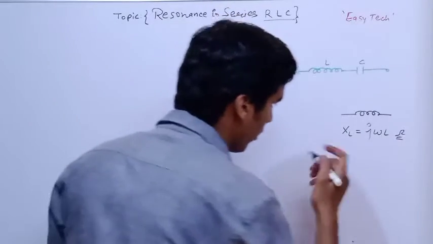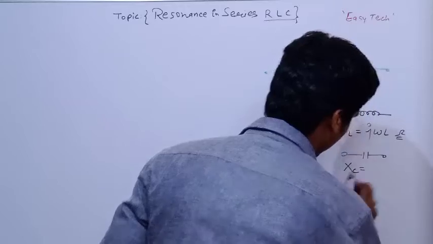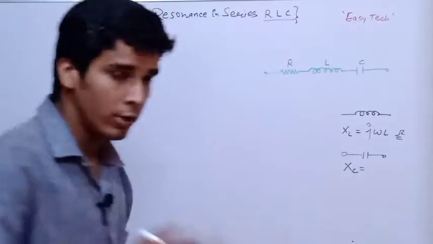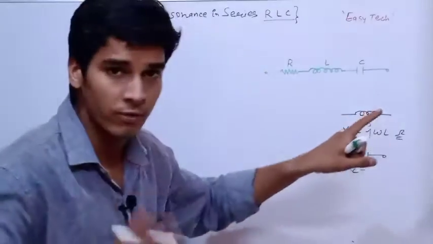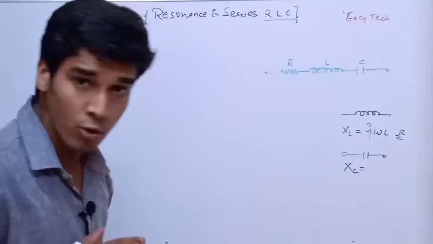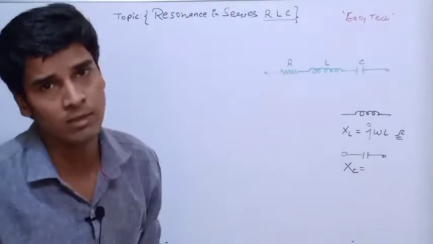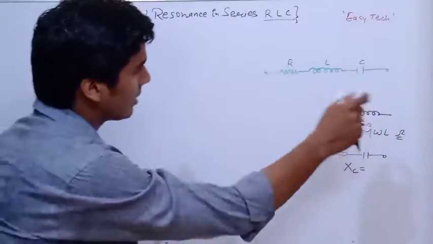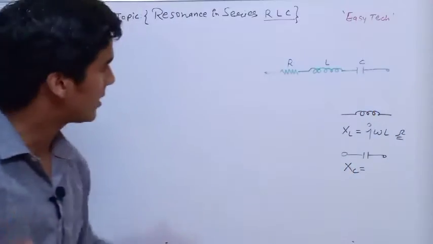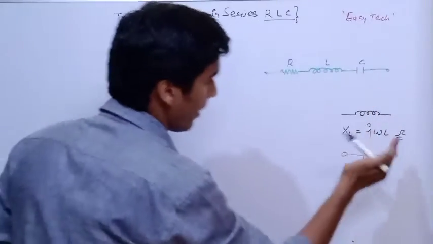What about a pure capacitor? If the circuit has a pure capacitor, the impedance will be capacitive impedance, because to add RLC, first of all the units of all the elements should be the same. We cannot change the unit of resistance; by default it is in ohm. But we can change the units of the inductive and capacitive elements into ohm.